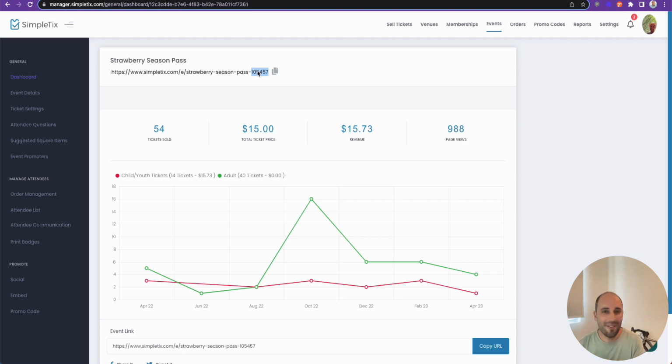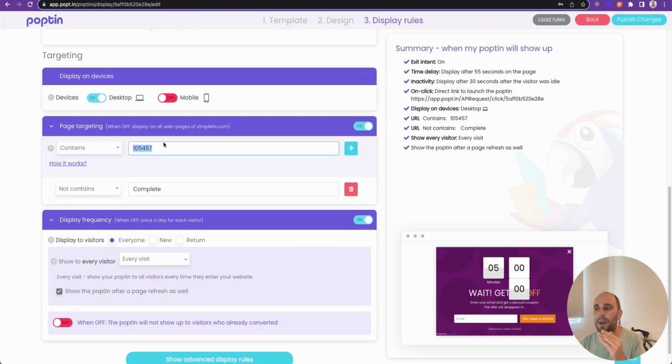So you'll never have to do this kind of stuff when you use our own exit intent builder here this summer. But the big time when you're using Poptin, this is what you'll have to do. Basically, it contains this. And we recommend saying not contains complete, because within a couple of weeks, when the order is complete, it will redirect to a page that says complete. That way we don't show a coupon for $5 off after someone's ordered,